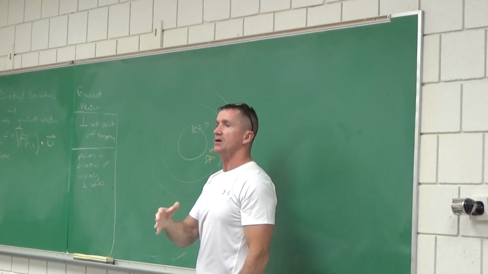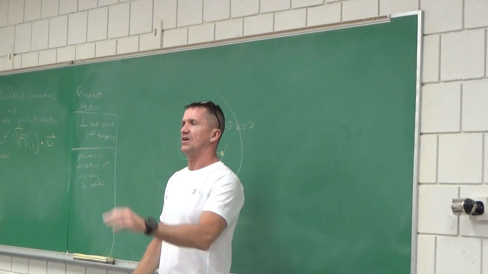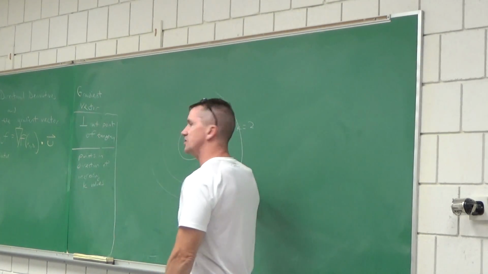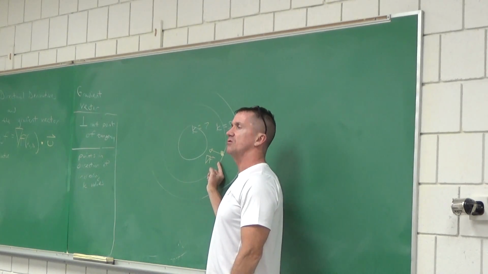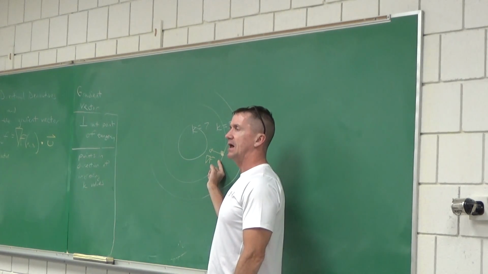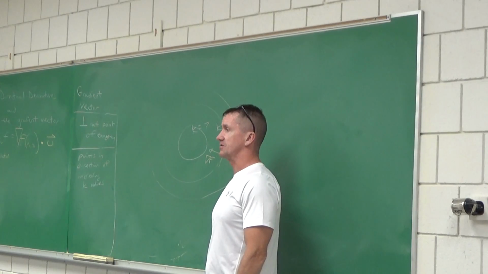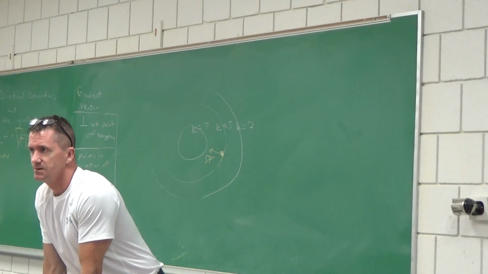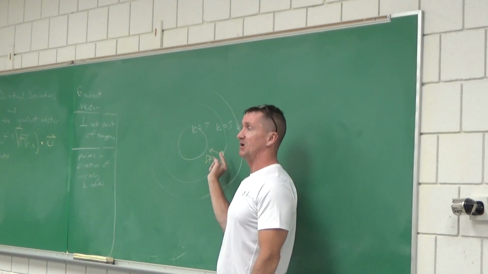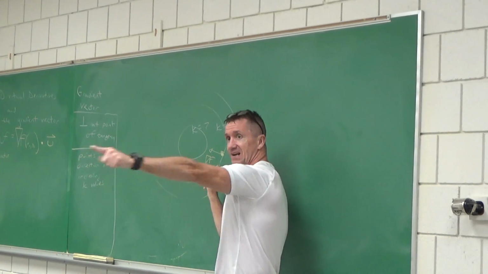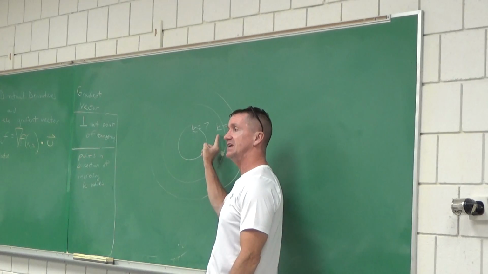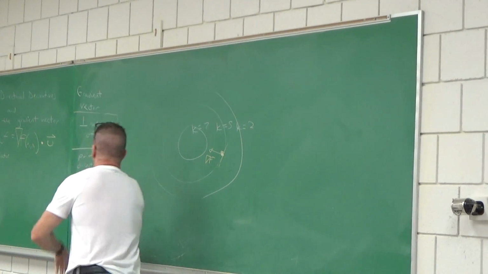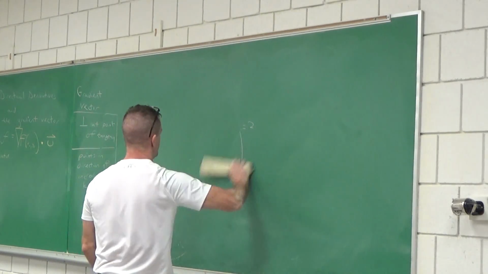Is everyone comfortable with that? Even on a test, if I said, draw a gradient vector, just so you know how long to draw it, I may say draw a gradient vector that has a length of 1, which would be a unit vector. So I would say, draw a unit vector in the direction of the gradient vector. But make sure you draw it which way. It's perpendicular at the point of tangency, but it goes in the direction of the increasing k values. Everyone got that? All right, I'll leave that up here. So now,